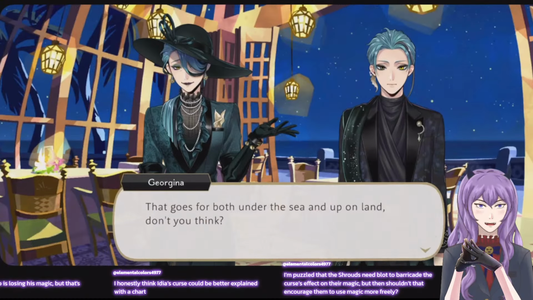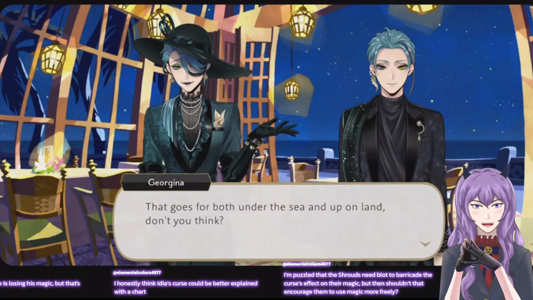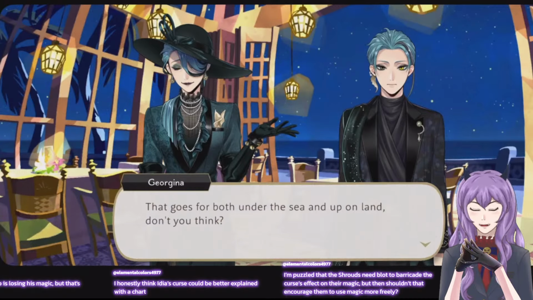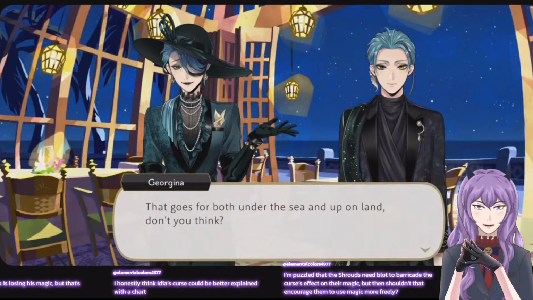It's like some biological factor in it. Puzzling that the Shrouds need blot to barricade the curse's effect on their magic. Then shouldn't that encourage them to use magic more freely? Yeah, so it needs to eat up a lot. So technically, yes, they could just keep using magic, because in this case it just burns it, right?